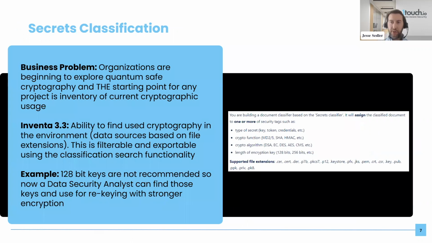The next one is secrets classification or cryptographic discovery. The business problem here is, and this one is still a bit more out there, that quantum computers are rising, right? And we read about it quite often in the security industry, that there's lots of great things that quantum computers will do for the world, but there's also the fear that it'll break a lot of the asymmetric encryption like RSA or